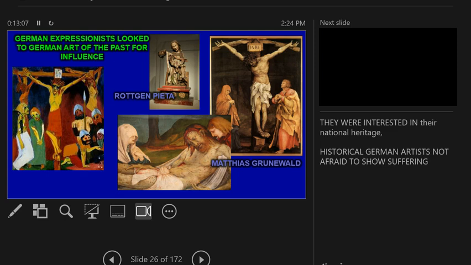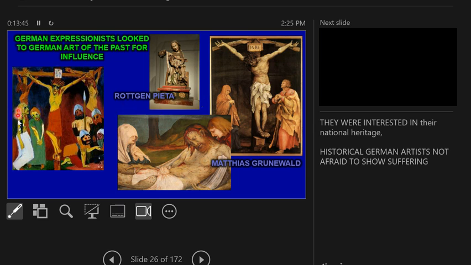So you can see this is a German Expressionist painting on the left, and you can see the influence from the past German paintings. Do you guys remember when I talked about the Roettgen Pietà last semester? All right, what did I say about this painting? I said that the Germans were very good at expressing pain. Okay. All right, and I said the same thing about Matthias Grünewald. The Germans are very good at expressing pain, and so we have these harsh artworks, and you can see it